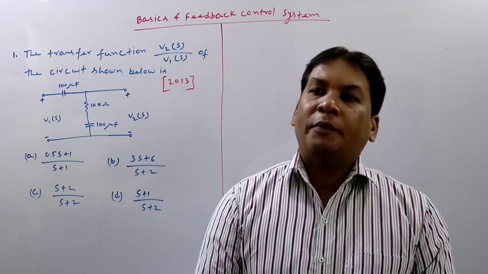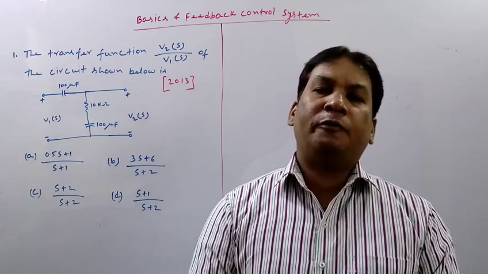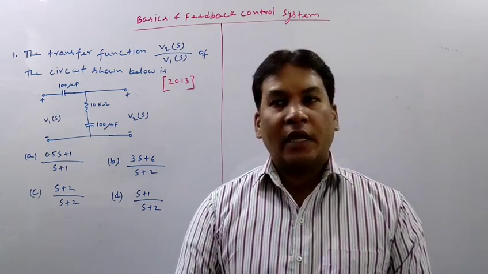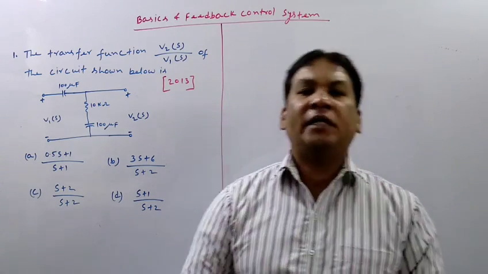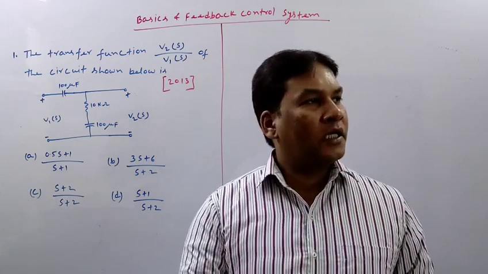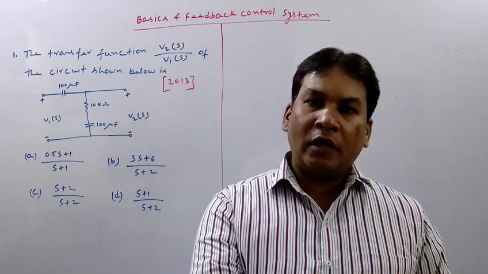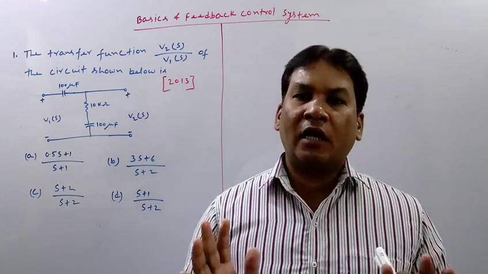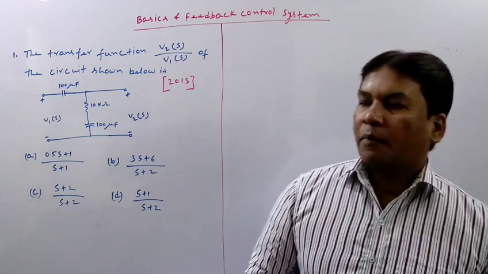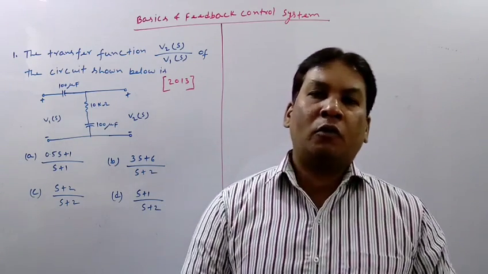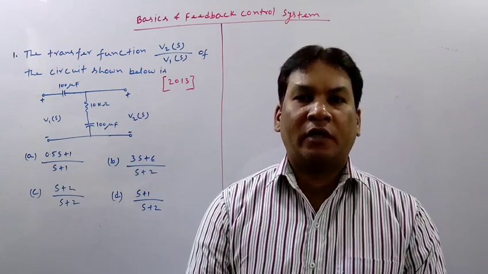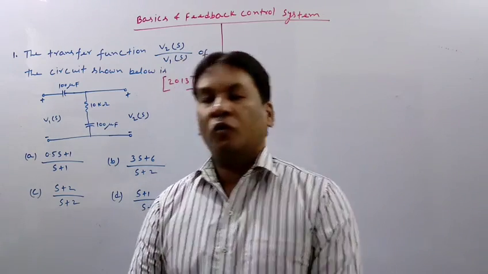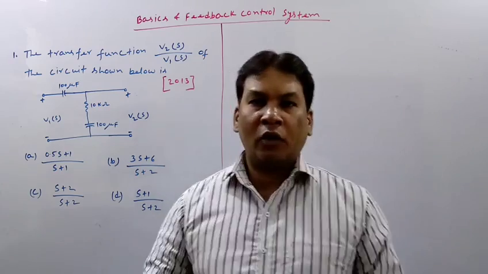If we control it through a remote, then it is called a remote controlled fan. But in both cases man is required, because in the first case man has to go to the regulator, and in the second case man has to operate the remote. So both of these cases are man-made control. Suppose some system is getting controlled via some software or digital computer, then it is automatic control. So this is the difference between man-made control and automatic control.